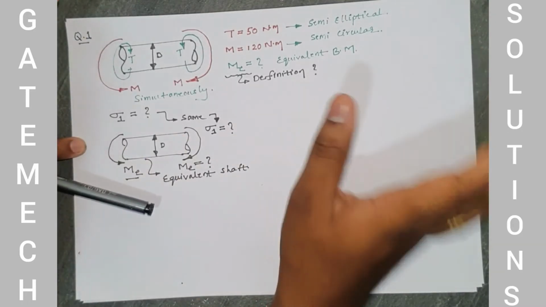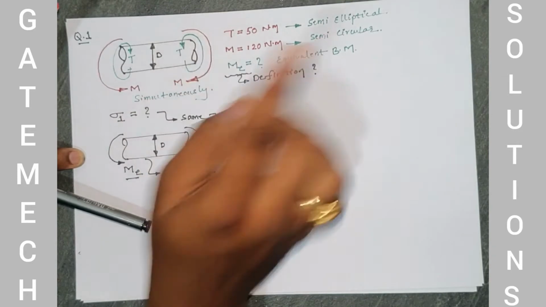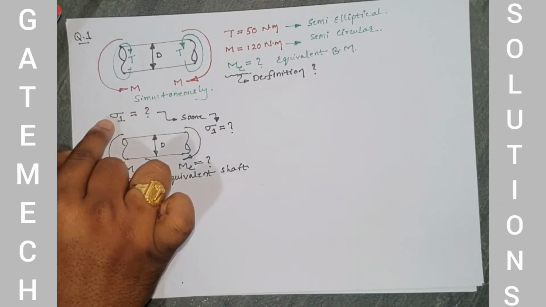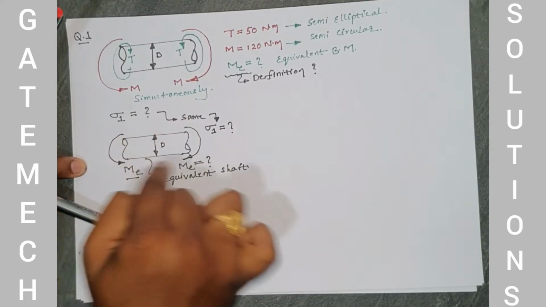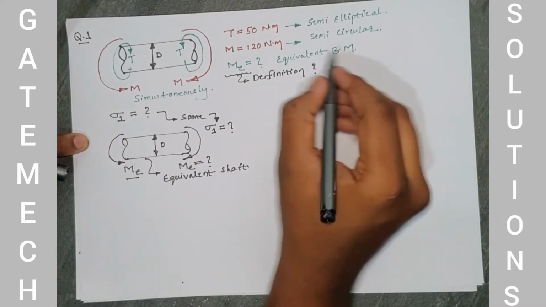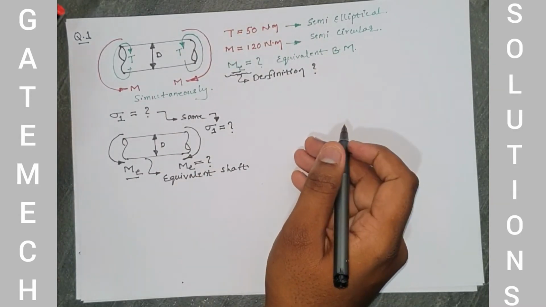Again I am telling, because of this loading diagram, whatever the maximum stress induced inside the material, let us say major principal stress sigma 1, here also the same principal stress has to be induced. So what is the magnitude of equivalent bending moment we need to apply? Is that clear? So that we are going to calculate. This is the basic definition. And what will be the use and observation, everything I am going to discuss.